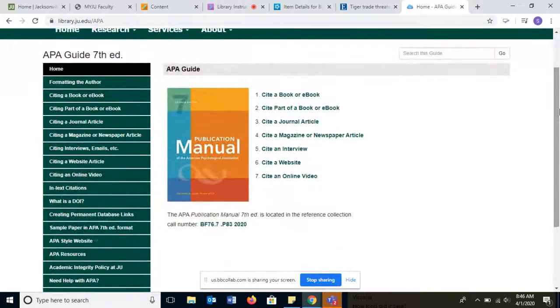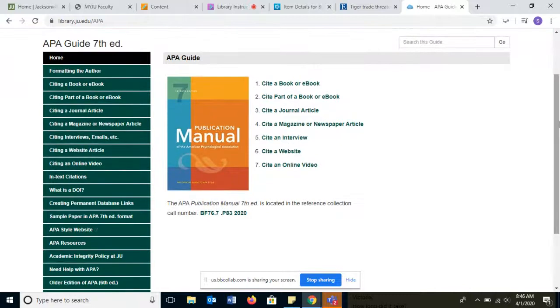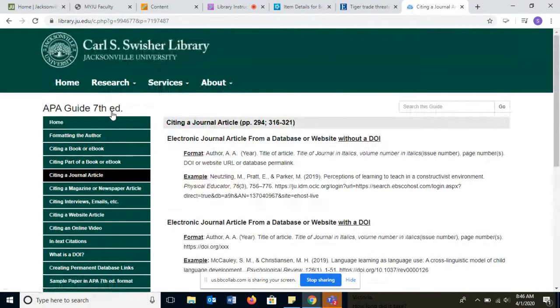So this is kind of a cheat sheet for citing your sources in APA format. We've got examples for different types of sources. And APA is a little bit different than MLA because with APA, you have to know the format of your source before you can cite it. So is it a journal article? Is it a book? Is it a chapter? You have to find out that first, and then you click on the example here, and it will give you an example of how to cite that